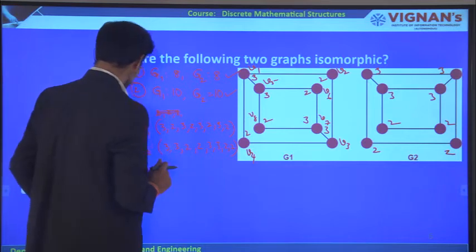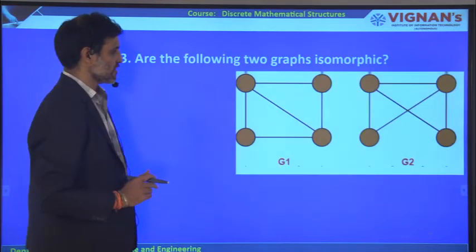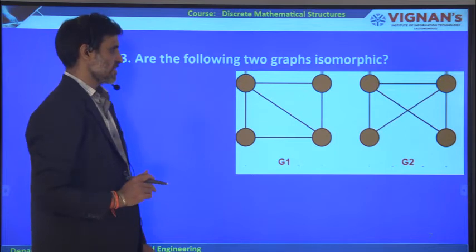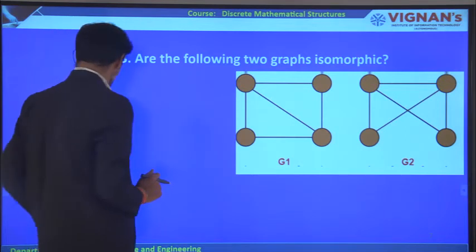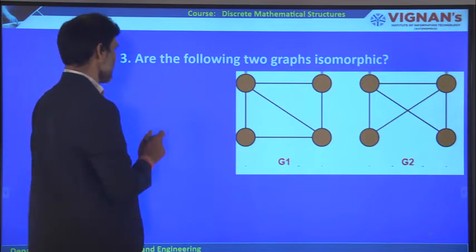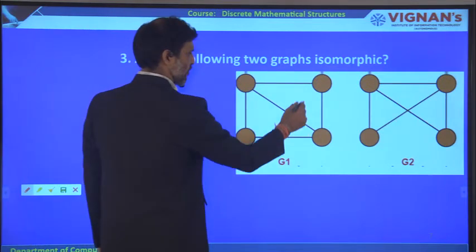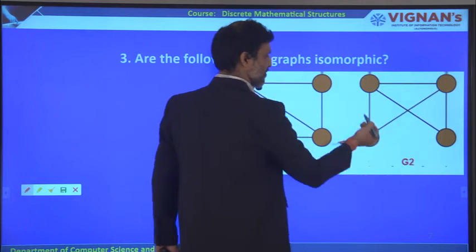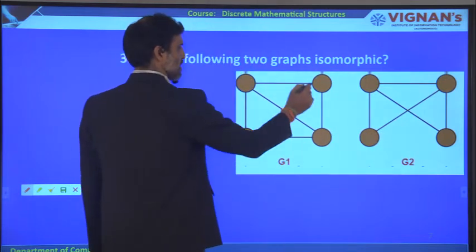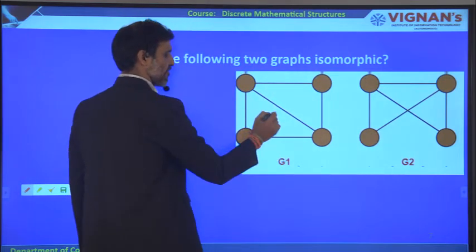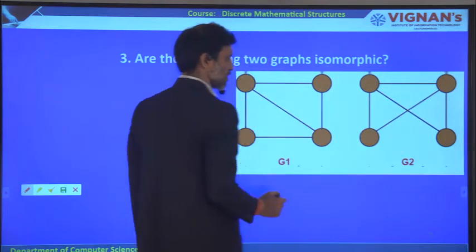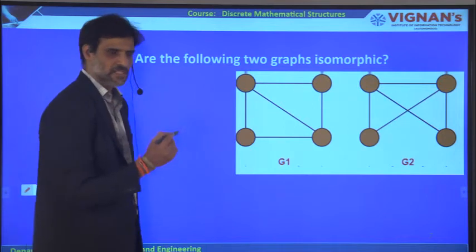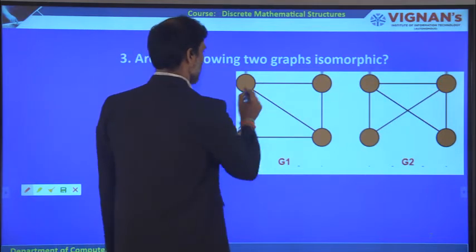Like this we are going to check. Now this is another graph which is given to you. You just go through this. It is a very simple graph, and we check whether these graphs are isomorphic or not. How do we check? Again, the number of vertices is 4, here the number of vertices is 4, so the first condition is satisfied. The second condition is the number of edges is 5, here also the number of edges is 1, 2, 3, 4, 5. So totally 5 edges are there. Second condition satisfied.